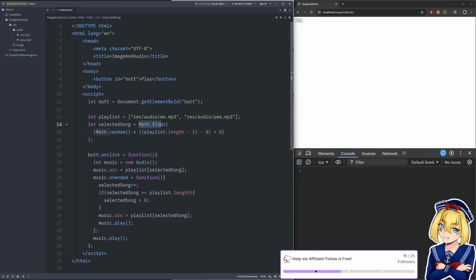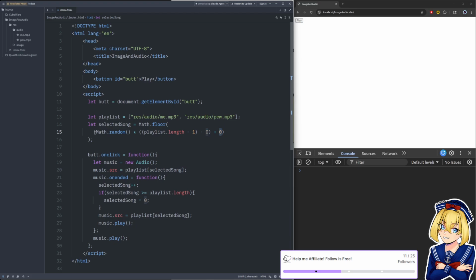So we're flooring, which means we're rounding down, a random number between 0 and like 0.999 whatever. We're multiplying that by the playlist length minus 1, so that'd be 1. We're subtracting 0, so it's still going to be 1, and then we're adding 0, which is still going to be 1.